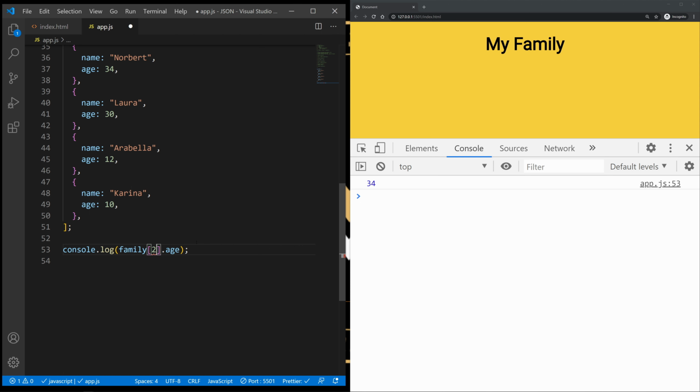Let's select the third one with 2, which was Arabella. She's 12 years old, and let's select the name again, and there we go, we have Arabella.